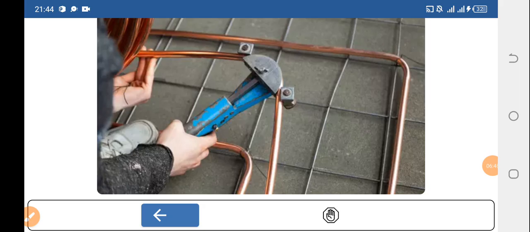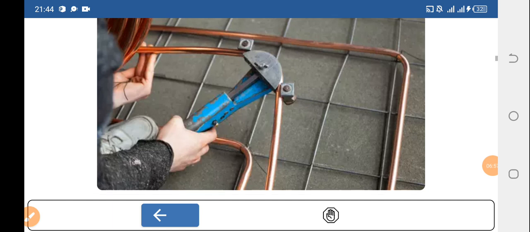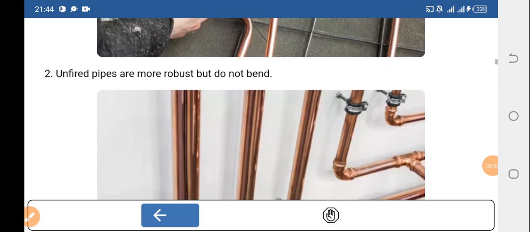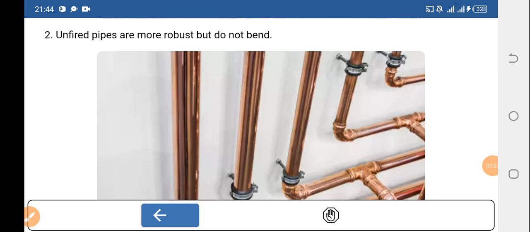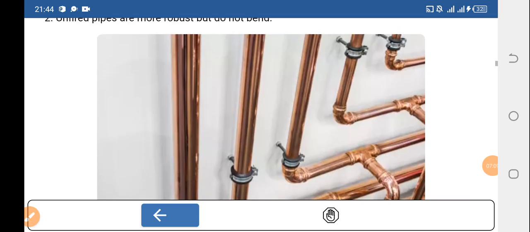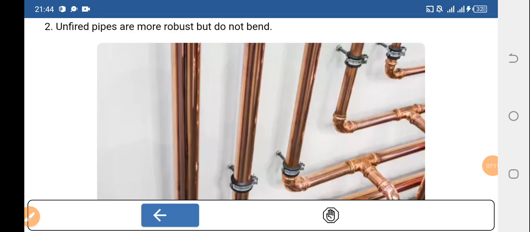As you can see in the picture, you are able to see the pipe bender, which is just used for bending copper pipe. Also, we said unfired pipes are more robust but do not bend. Then we talk about unfired. Unfired, we're talking about copper pipe that cannot be welded, but we can use compression, we can use press,